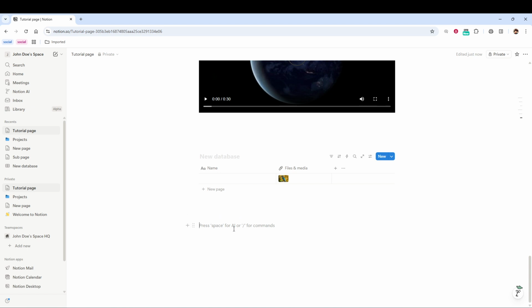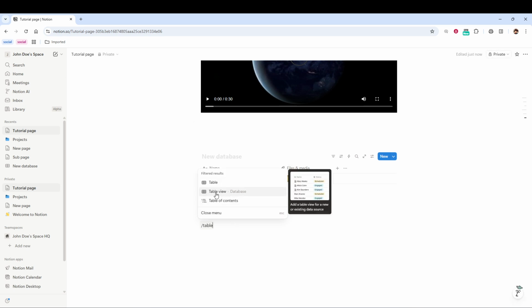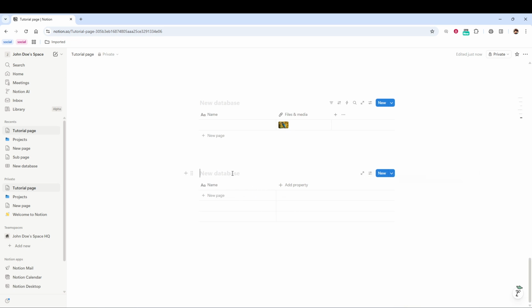Type a /, then the word table. As you type, Notion will show a list of options. From that list, choose Table Database. This creates a brand new database right on your page, with columns and rows where each row is an individual item or event. Think of each row as one thing you want to track, such as a task, meeting, or